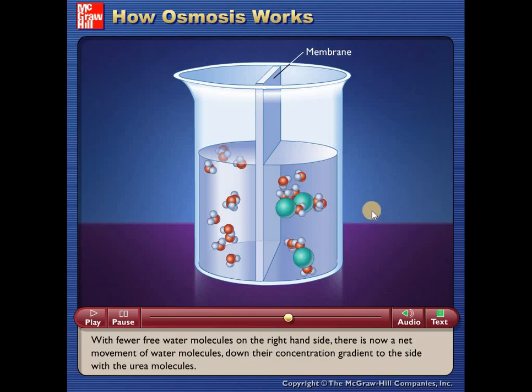So, ilan na lang yung matitira dito? Merong 6. So, merong 14 na lang. No? 14 dito, 20 pa rin dito. 20 kasi wala naman sila nag-interact sa isang solute. So, 14 na lang dito, 20 pa rin dito. So, yung osmotic pressure dito, mas malaki kaysa dito, kasi mas maliit na lang yung bilang ng free water molecules.